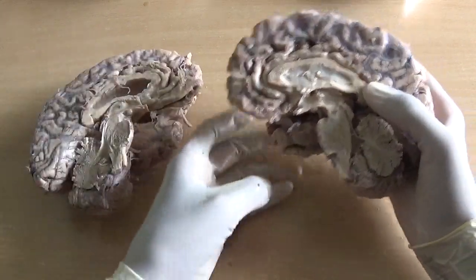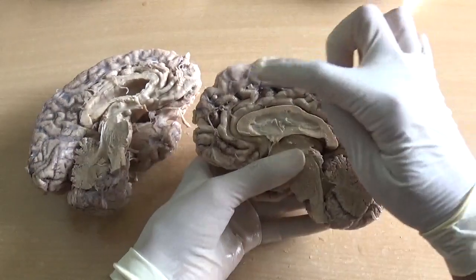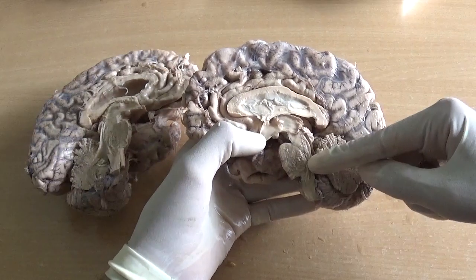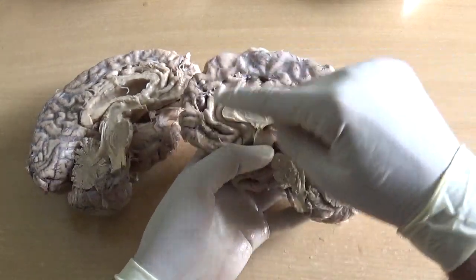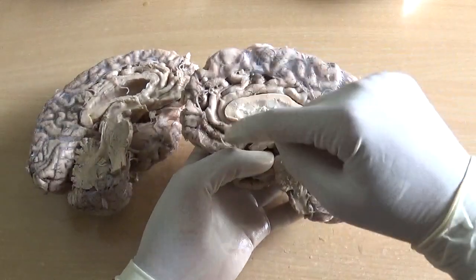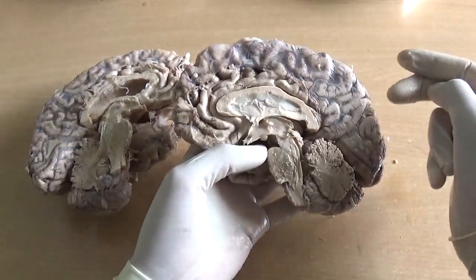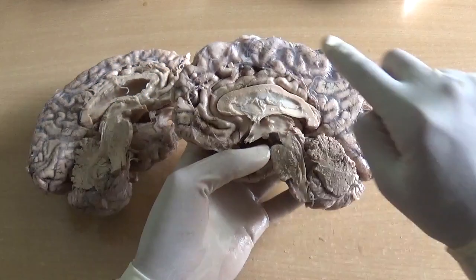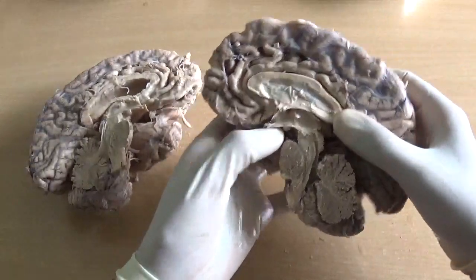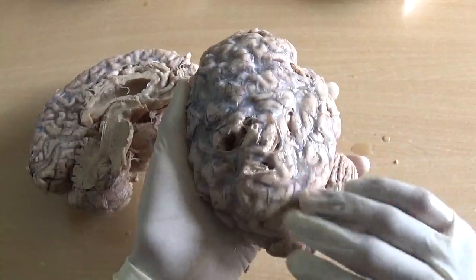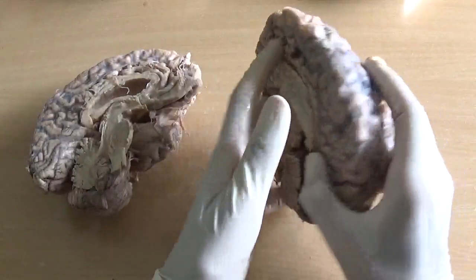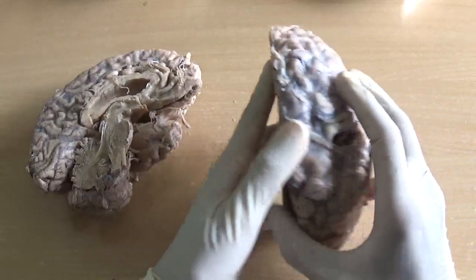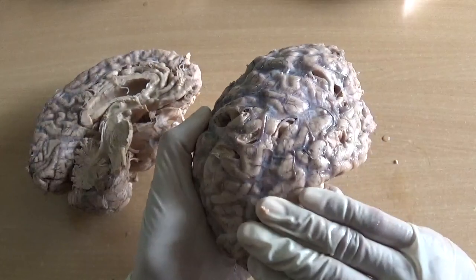Now developmentally, as I told, it is made up of forebrain, midbrain and hindbrain, prosencephalon, mesencephalon and rhombencephalon. So what is prosencephalon? It is made up of two subdivisions, telencephalon and diencephalon. What is telencephalon? What you see on the surface is the telencephalon, the cerebral cortex and the white matter. Now the cerebral cortex is convoluted, so 2/3 of the portion is hidden inside and only 1/3 of the portion is seen on the surface.